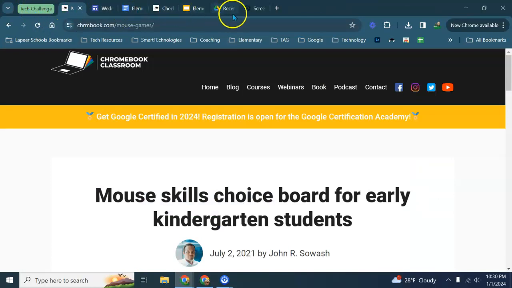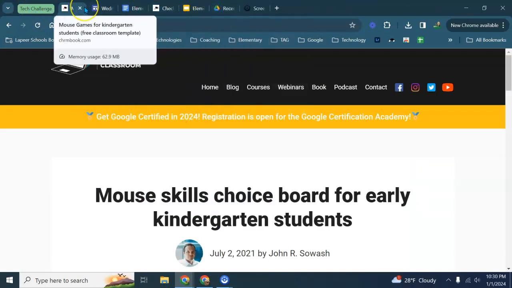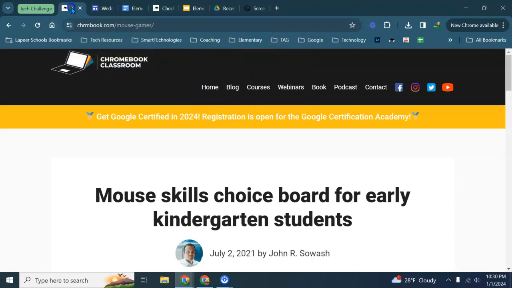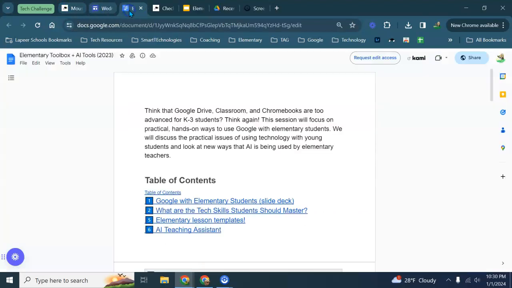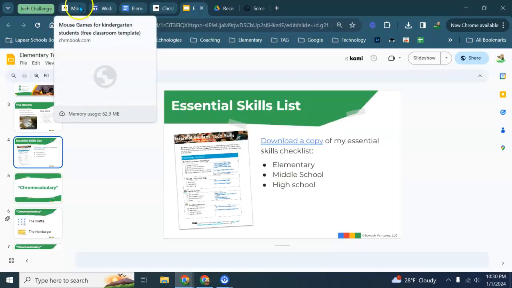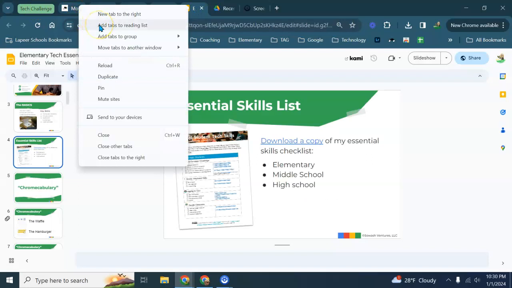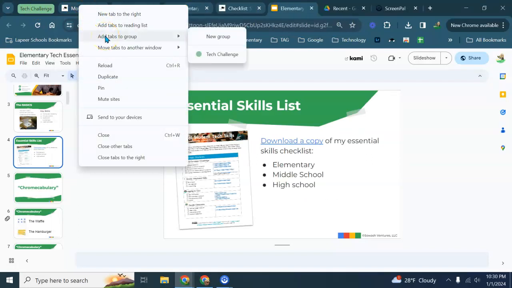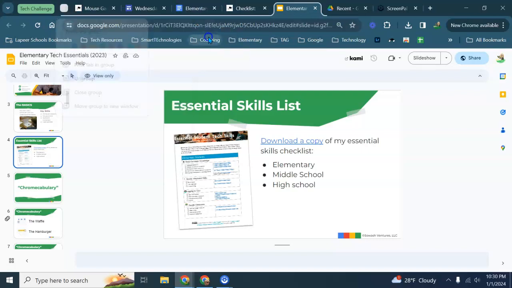Now I've got some Wednesday webinars that I also want to include. So I'm going to do the same thing. I'm going to hit the Control button and then I'm going to click on all of the tabs that I want to be part of the Wednesday webinar. Then I'm going to right click and I'm going to add tabs to group. But I want to create a new group. I don't want to include them in the Tech Challenge, so I'm going to hit new group and we're going to call these,